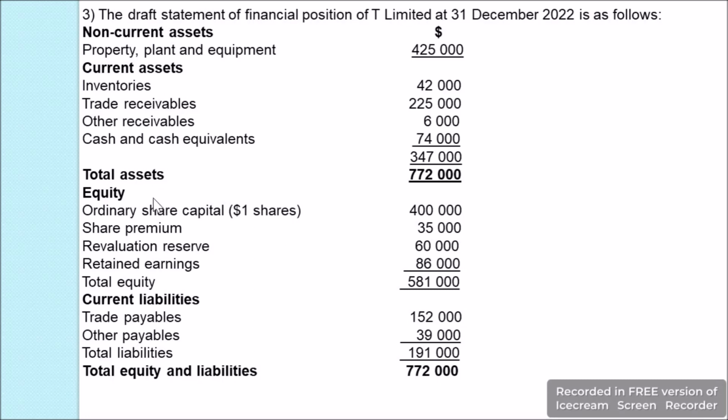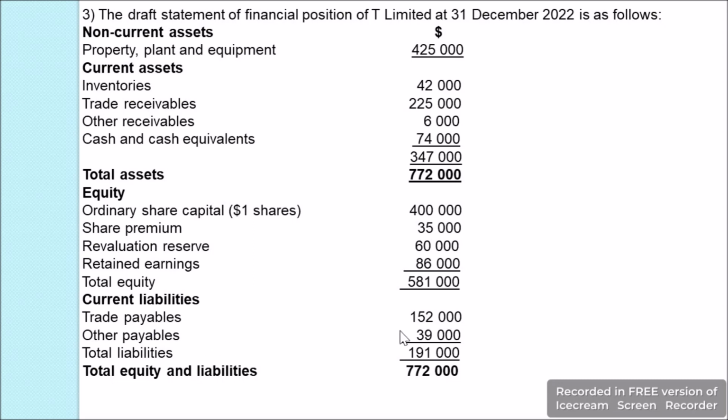$772,000. Equity: in this we have ordinary share capital, and the face value of each share is $1 each, and the total ordinary share capital is $400,000. Share premium is $35,000. Revaluation reserve is $60,000. Retained earnings are $86,000 and the total of equity is